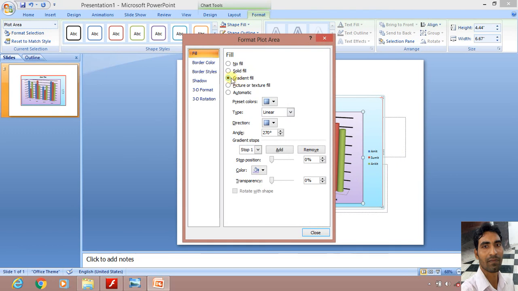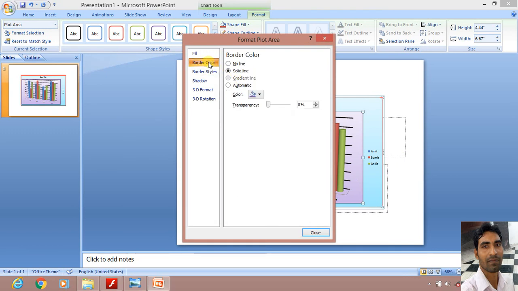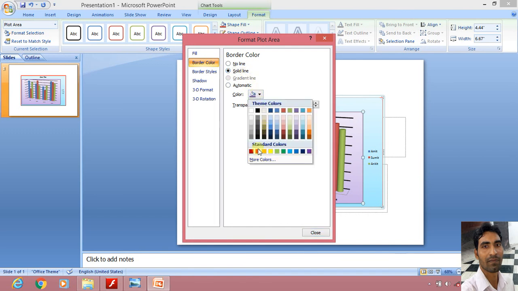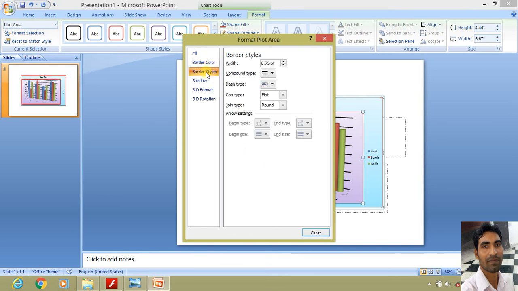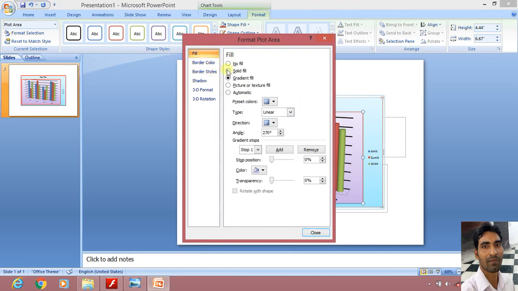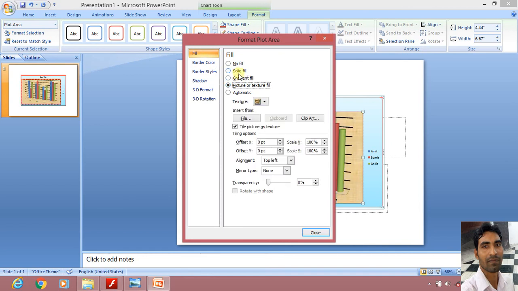Then here the options appeared. Here you want to change background, border colors, so you can select border colors, solid lines or dotted line or any other. So you can select the border colors like red or any other. Then the border styles you want, dash types, dotted types, this one. Then Fill, in Fill what you want, picture, texture or solid fill.